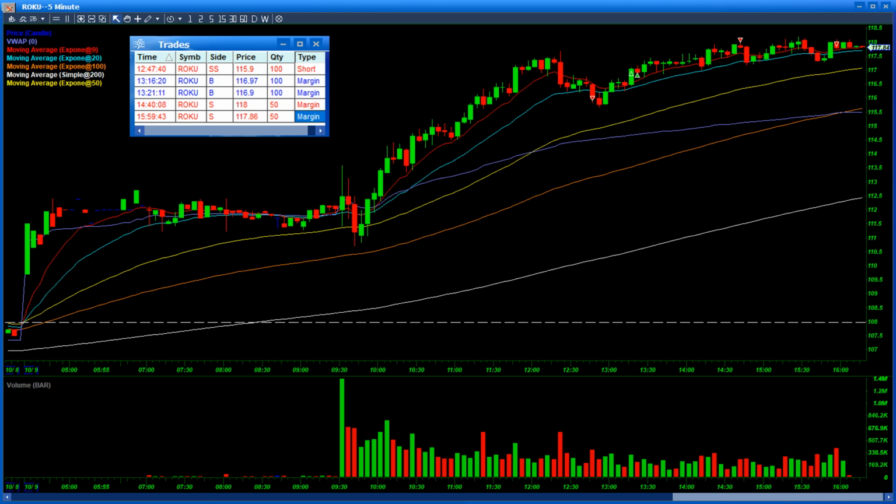All right, so this was today, and I don't like to trade Roku at opening range, and I kind of missed the entry back here, and then we pulled back. I was looking for a deeper pullback, and I didn't get in here. I was just frustrated because I didn't get to see what I wanted to see. And so